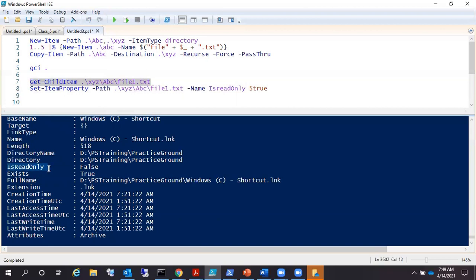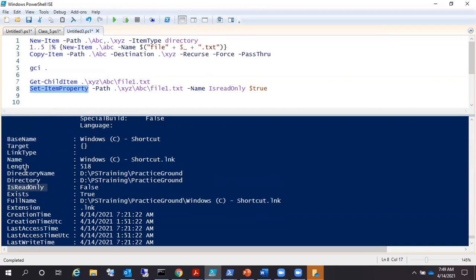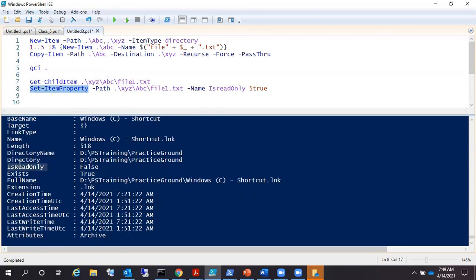In case we want to make some file hidden or maybe a system file, how can we do that? For that, actually, we have a different option. We cannot make that using Set-ItemProperty. We can set the property of an item in case we can see the property of that item in the property list, but we are not seeing any property as hidden, right?